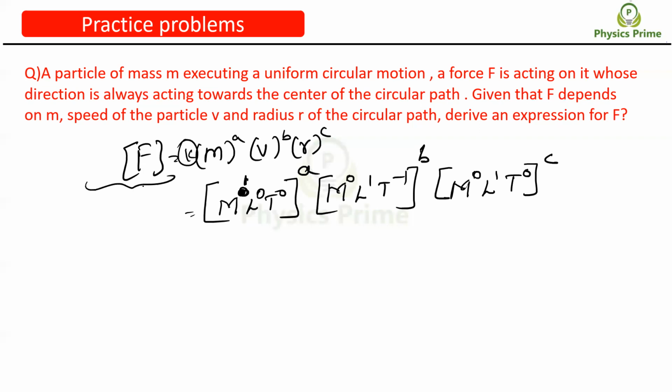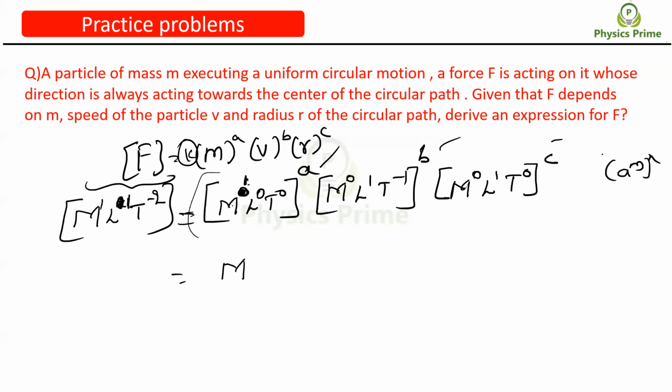But what should be the dimension entirely? If you simplify, you need to get force, that is M power 1, L power 1, T power minus 2. Now, if I derive A, B, C, then I will be able to relate mass, velocity, and radius with centripetal force. You don't know anything about the concept, but will you solve it? This is M power 1 into A power M whole power N. You know this, right?